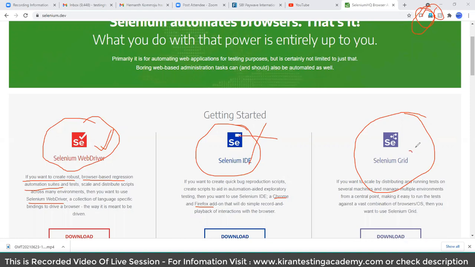Selenium Grid is to perform distributed testing, or I can say cross-browser and cross-platform testing can be done using Selenium Grid. I'll discuss that. As of now, just keep that aside. So now, whenever I talk about Selenium, in the sense I am talking about Selenium WebDriver. So Selenium is nothing but Selenium WebDriver. It is not RC nor IDE. Grid is a concept of WebDriver that I'll talk about later on.